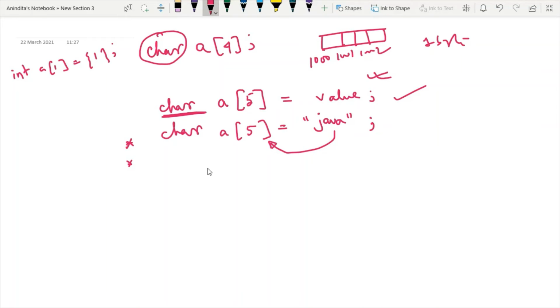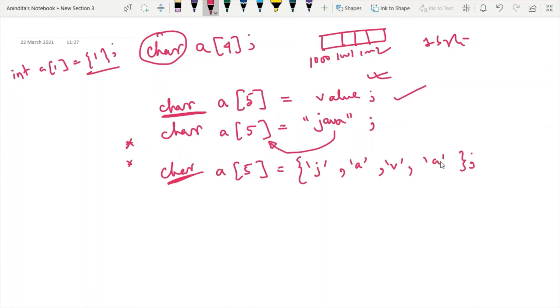Or you can opt for this option, that is define an array and then use curly braces just like an integer array. Each and every element will be separated by a comma, fine, but since we are dealing with characters, we can write each character like J, A, V, A. So this is the rule.